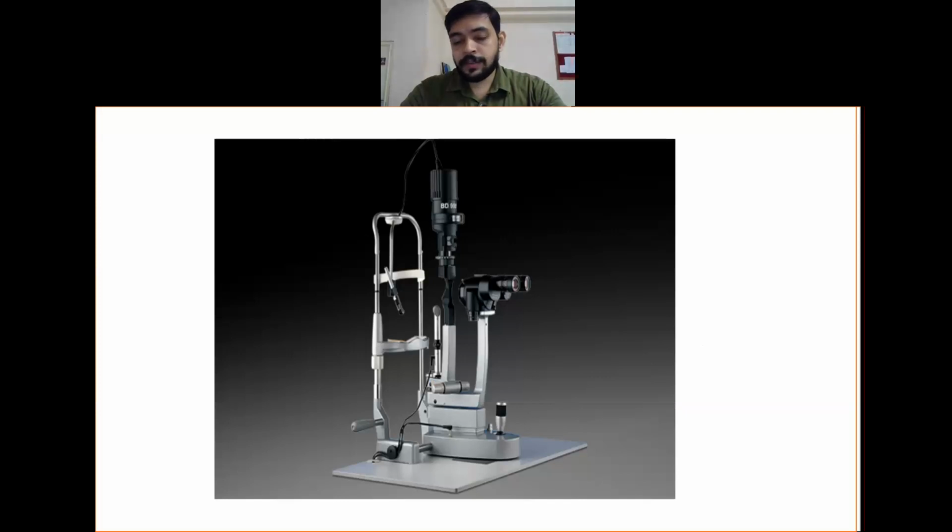So here is one model. This particular model of slit lamp is known as a Haag-Streit model, and the illumination system is inversed in a rod where the bulb will be at the superior portion and the projection system will be near to the mid of this particular system. And here we can see the observation system too.